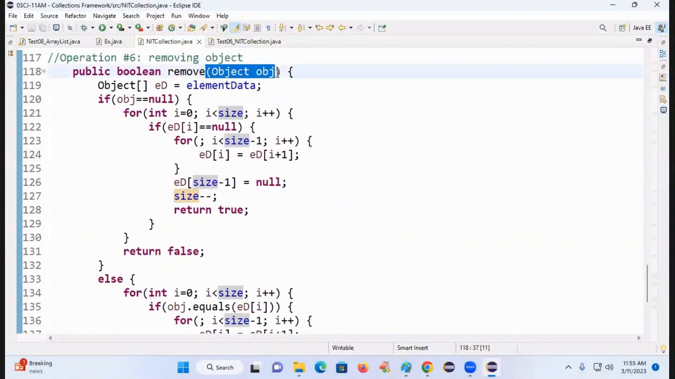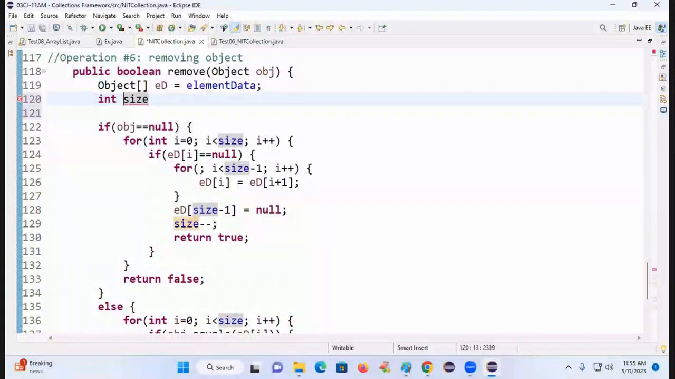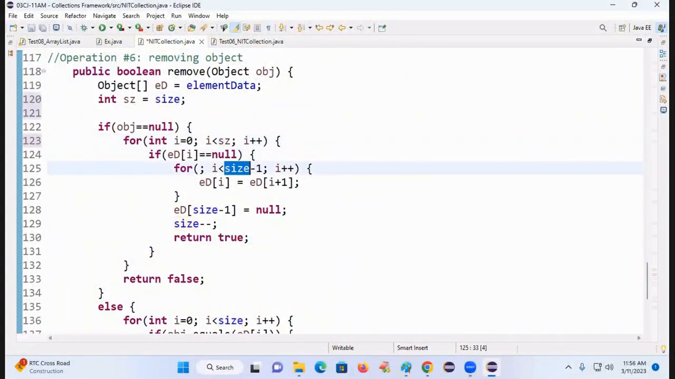What is the logic I have written? Check once again. Simple. First, I have taken object length and also I am taking int SZ equal to size. Because this is also non-static, I have to go to the object, a lot of distance I have to travel. So that's why I'm taking local variable SZ and SZ minus 1. Okay. And here I should write SZ minus 1 or size. You can write SZ minus 1, but for decreasing I should not write